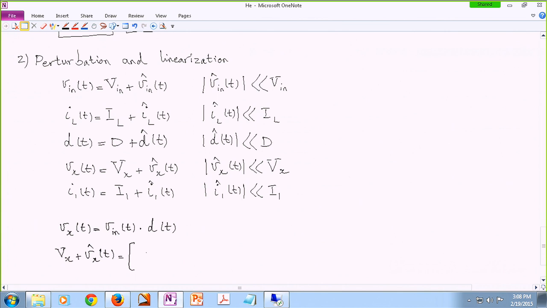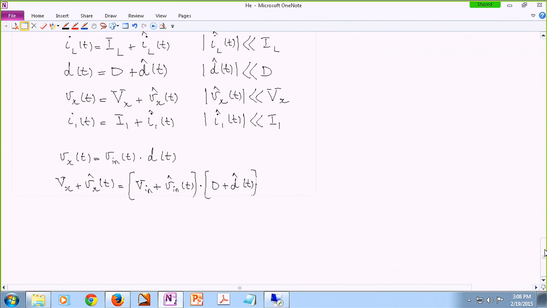For the input voltage, on the very first line, I have a DC component for the input voltage plus some ripple, a small signal ripple, multiplied by, for the duty cycle, the same story. We have a large DC component for the duty cycle plus some small ripple, something like this. So if I expand this multiplication,